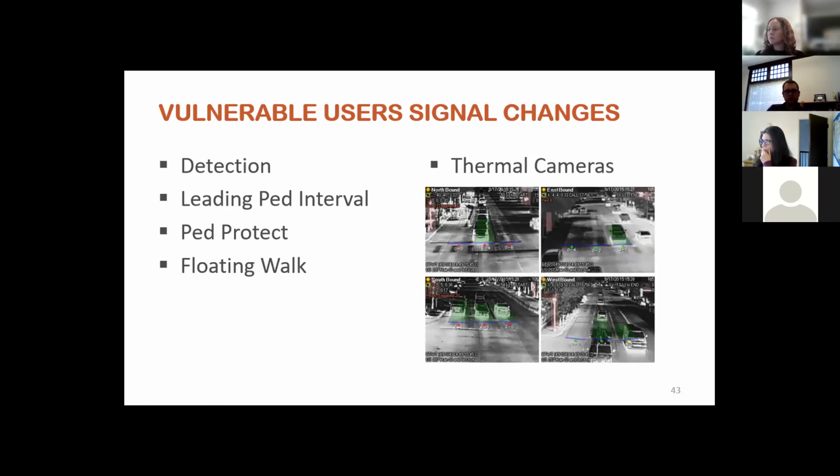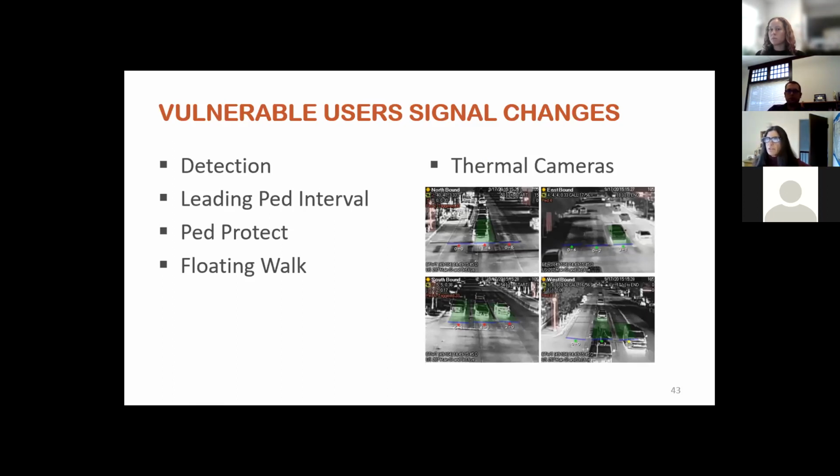It's not like a typical video camera image. So like I said, if you see a pedestrian in here, it would be in a lighter color. Like if you notice at the bottom of the vehicles, you see it's kind of a brighter white. That's just a higher temperature. And so once it hits that detection zone or the loop, that's when it puts the call in based on that heat signature. I see. Thank you.